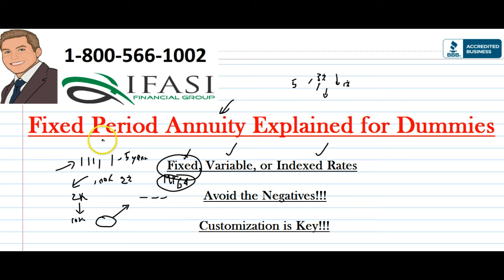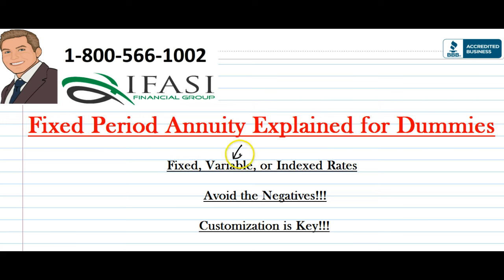So the reason why individuals go into a MYGA product over a bank CD is because typically it's going to give you about 2 to 3 times higher interest rate, higher rates of return than what a bank CD will perform. But a bank cannot offer an annuity, just like an insurance company cannot offer a certificate of deposit. It's two completely separate entities, and both of those entities have their own slew of a legal reserve structure in place. The next example is going to be through a variable annuity.